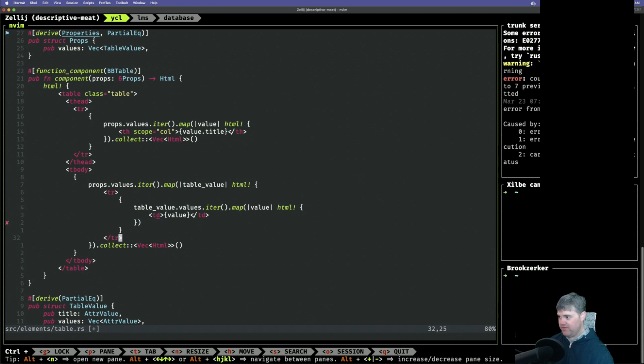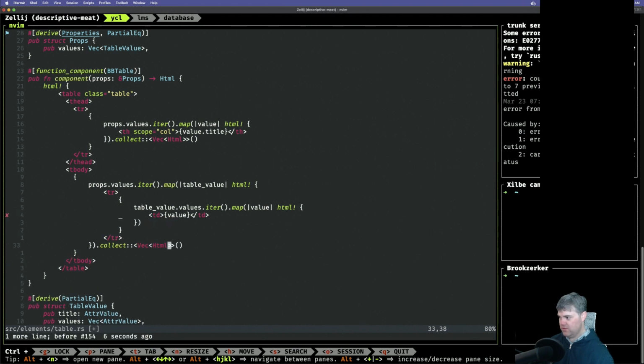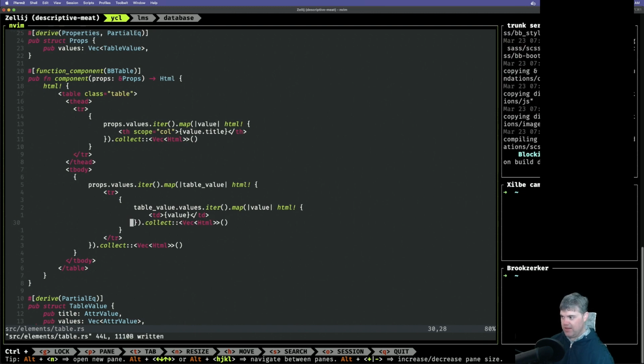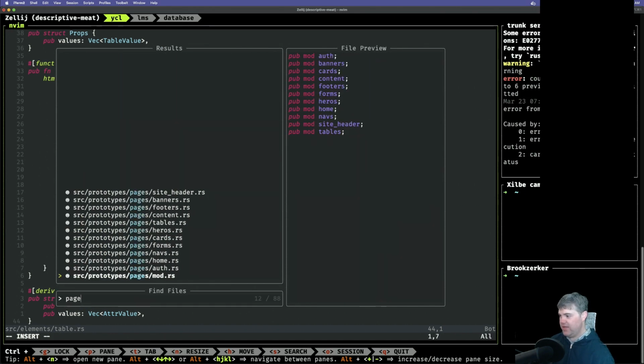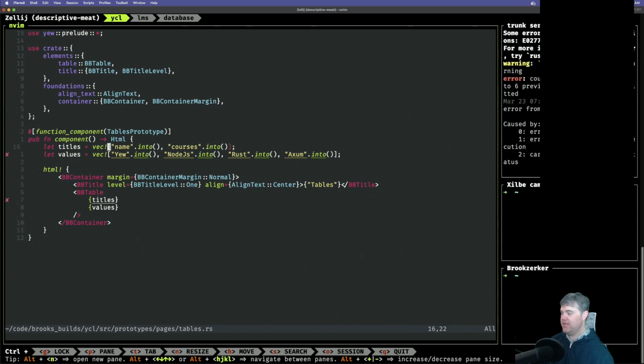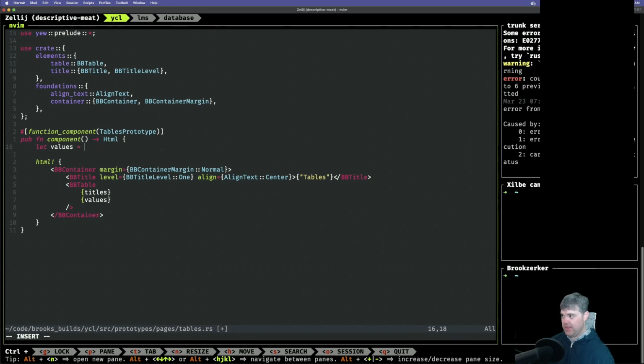And then we close you off. Oh, and then we have to do this entire thing here. Like that. Okay. So I think this would work. So now we have to go back to our pages tables. And so now it's going to be something slightly different. So instead of titles and values like that, we're going to do values equals to